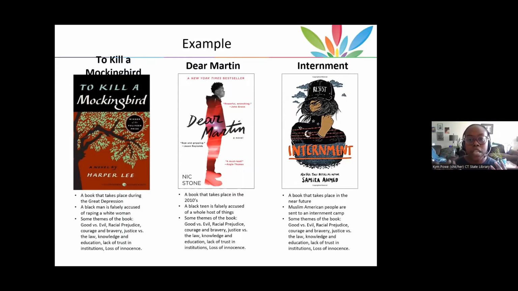But the themes on the surface of all of these books are the same. To Kill a Mockingbird examines themes such as racism from the white perspective. And Dear Martin and Internment examine the same themes from the Black and Indigenous and person of color perspective. So when you are having conversations with yourself, or for that matter, with administrators, colleagues, and caregivers about why you've chosen a particular title, if you feel like you need to,